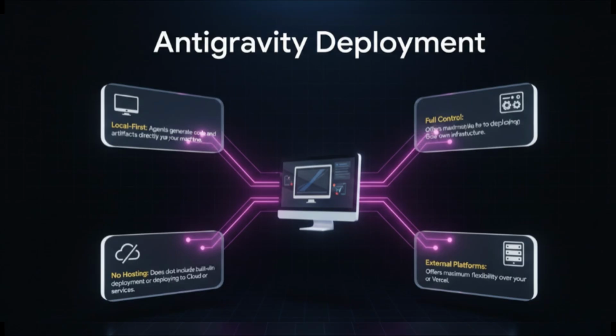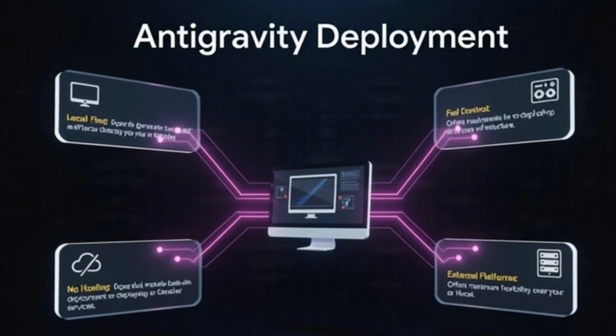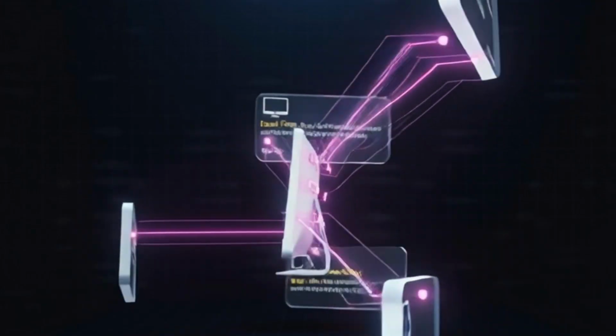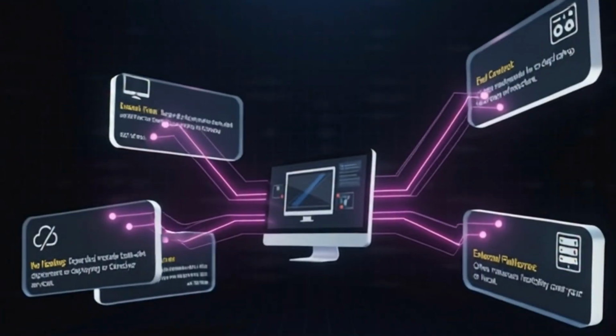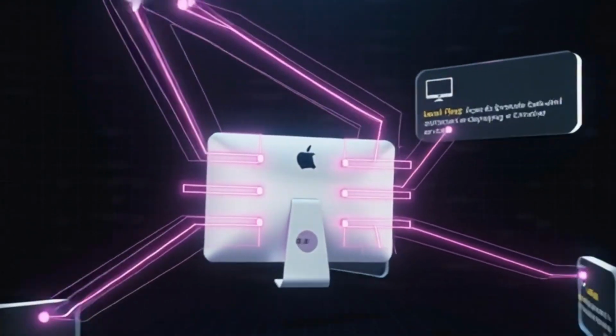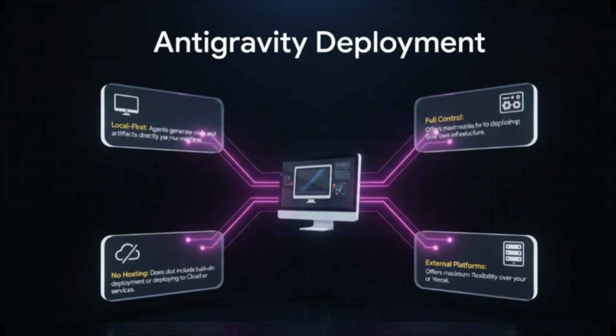Antigravity, sticking to its philosophy, doesn't touch deployment. It generates all the code you need on your local computer, and then it's on you to get it online. You'd use your normal tools, platforms like Google Cloud, Vercel, or Netlify. And that's the classic trade-off right there. Replit gives you this incredible, almost magical convenience, while Antigravity gives you total flexibility and control over your own infrastructure.